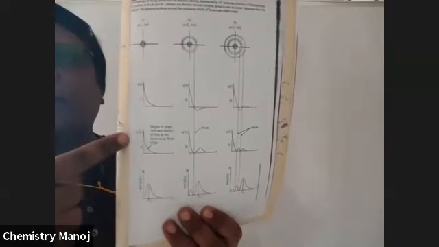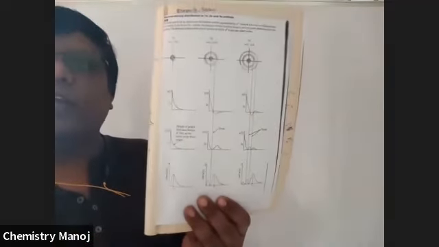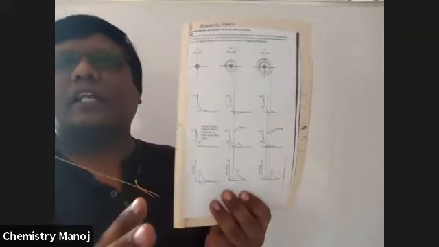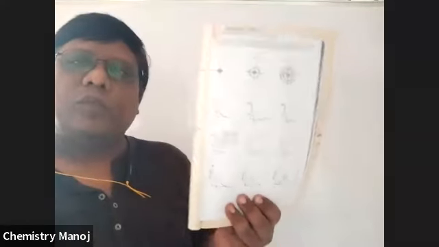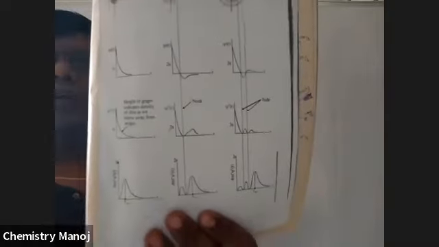See here, my dear boy, see these curves. Here, I already wrote for the 1s orbital, this is for the 2s orbital, for the 3s orbital. That is the psi function. It is the psi square function, only positive. It is the distribution function for 1s, 2s, 3s. So I will send this note. Don't worry. Please take a look. That's enough. You don't try to learn this by heart. Just take a look. That's enough for you.